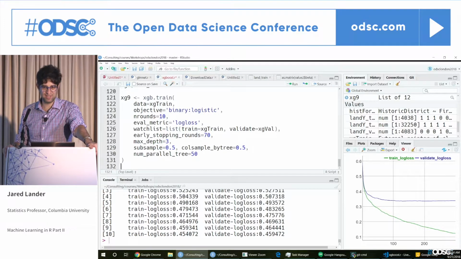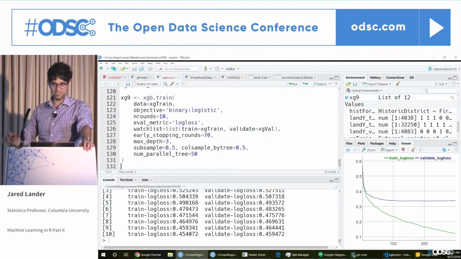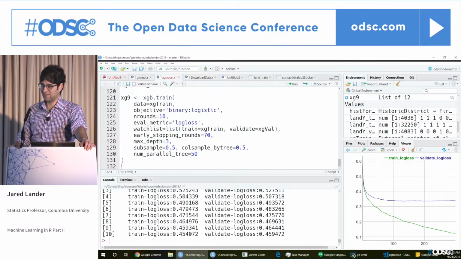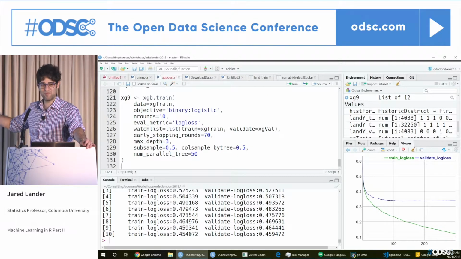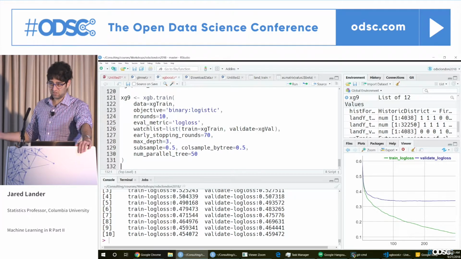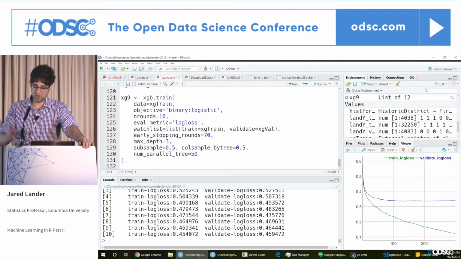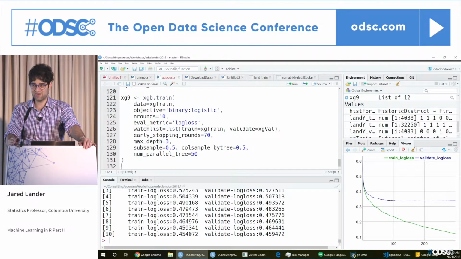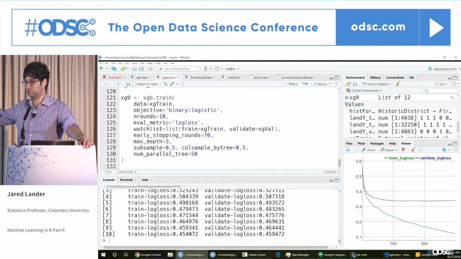XGBoost is an amazing, amazing algorithm. And I have to dabble in deep learning because it's all the rage. I've done a lot of tests, and on non-image, non-audio, non-census type data, I can almost always, actually, so far always, get an XGBoost to perform better than deep learning. And XGBoost takes me a fraction of the time to code and a fraction of the time to train. Deep learning has its place, especially for audio, video and images, but for regular vector data,